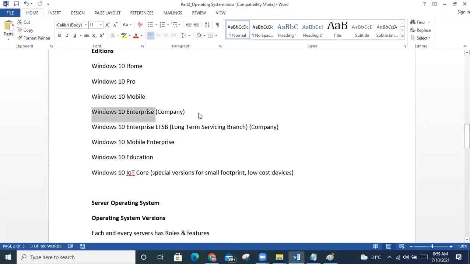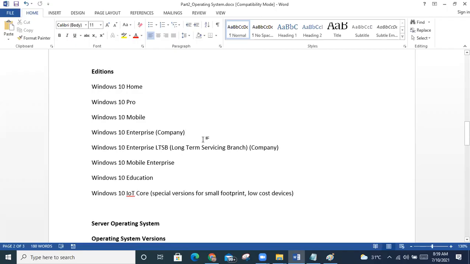We call this volume licenses. Any product they purchase in bulk is a volume license. Sir, if I purchase 10 Enterprise licenses, they will give only one key for the 10. Yes, but you need to be a company to purchase Enterprise. If you are buying individually, they will give only Professional and other editions, but not Enterprise. For companies, they will give Enterprise. They will purchase this with one key. If you have 100 licenses, you can use it for 100.